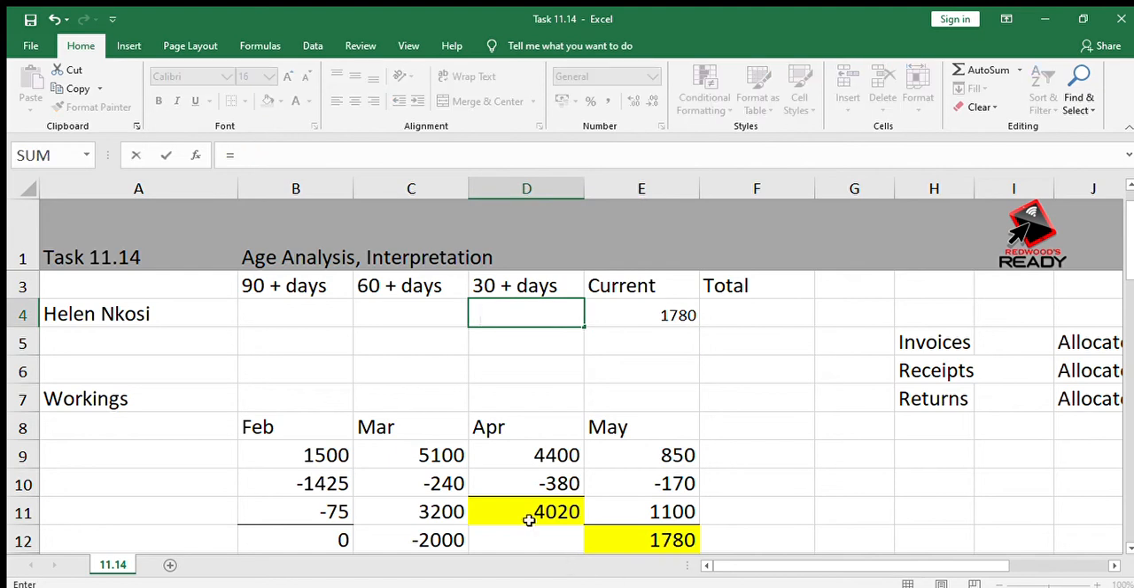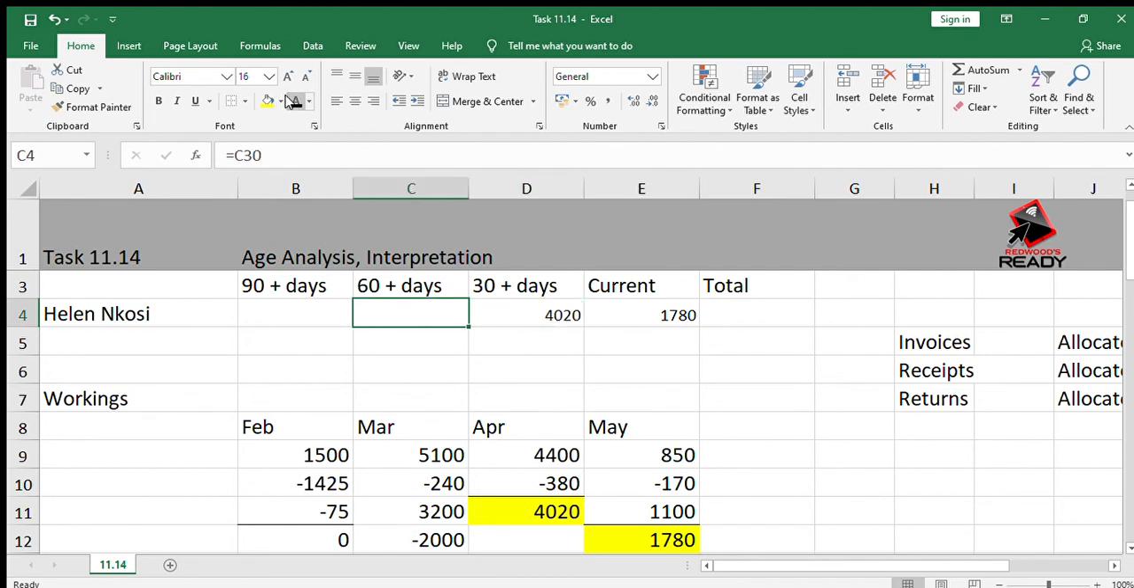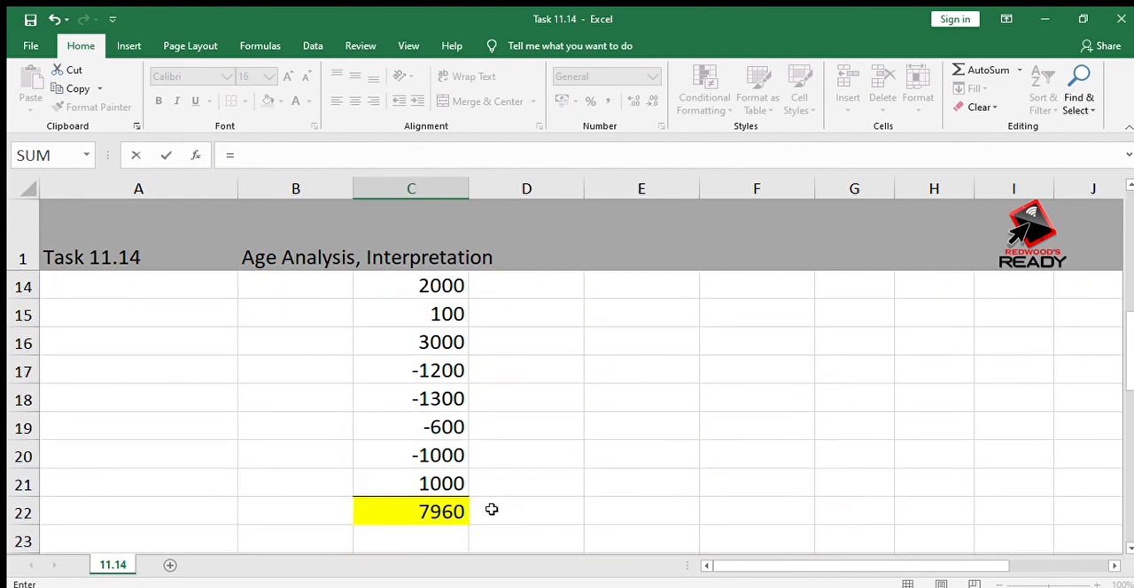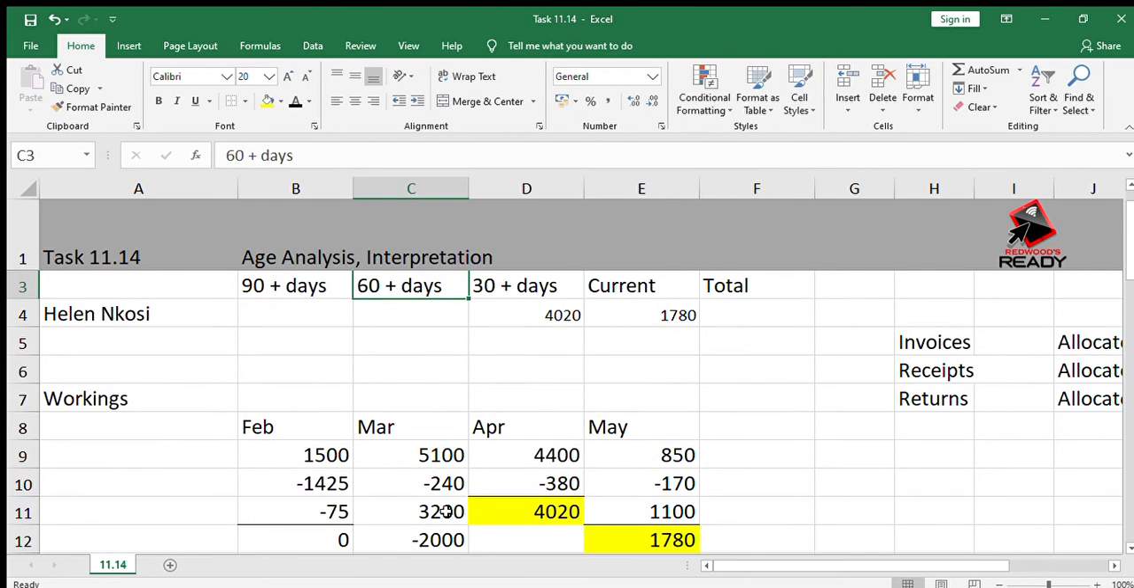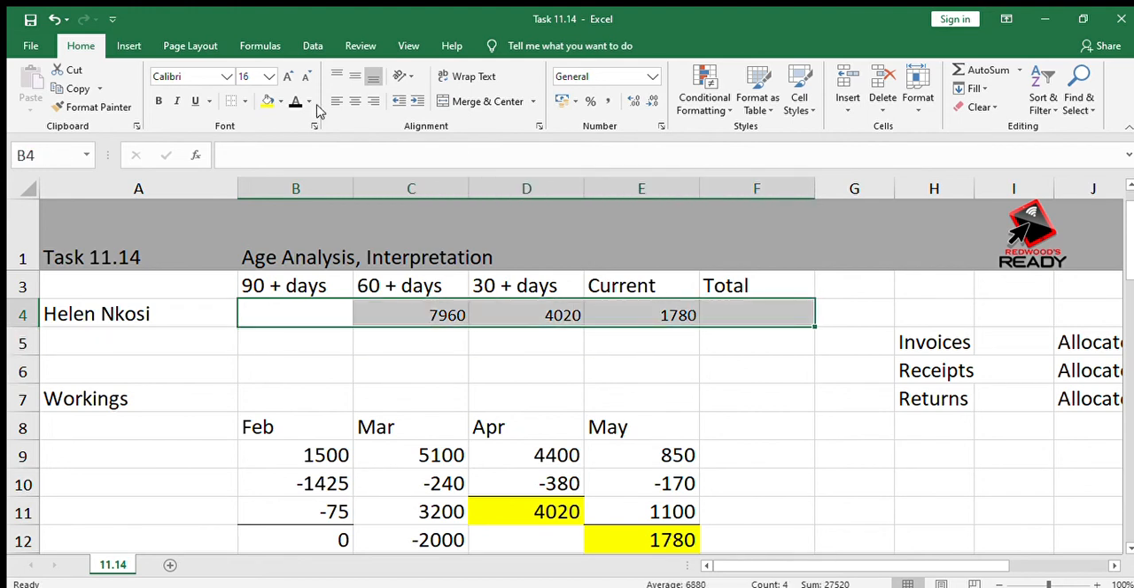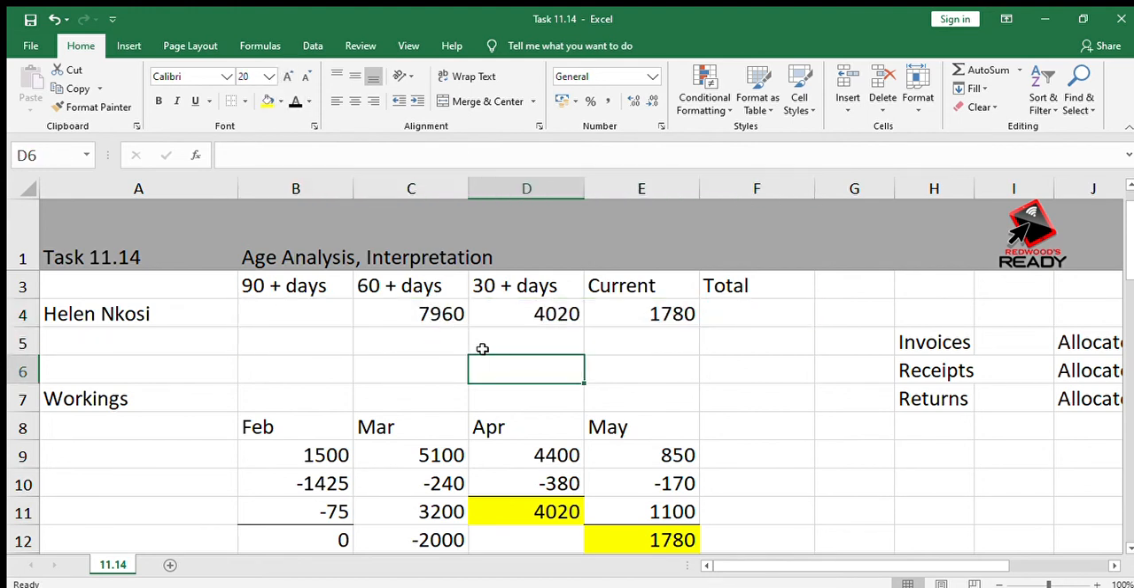30 days plus will be the April amount of 4,020. And 60 days plus will be the March amount of 7,960. And 90 plus days, which is February, was 0, so you don't have to put anything in there. Now we're going to total these amounts. So 7,960, 4,020, and 1,780, and that will give us 13,760, which is the same as the final balance on the May statement, which is what we need it